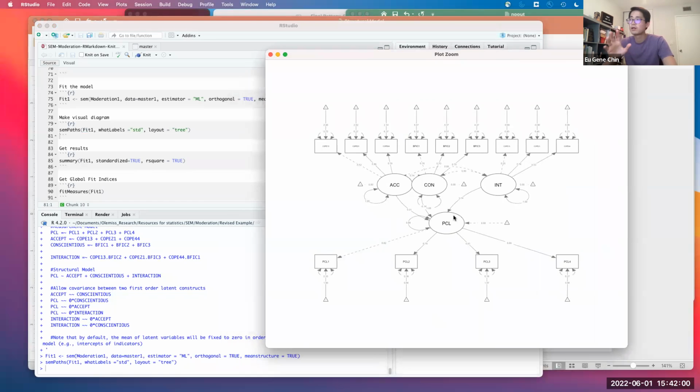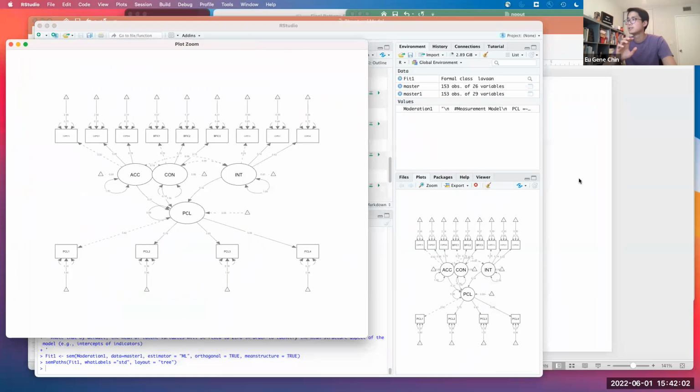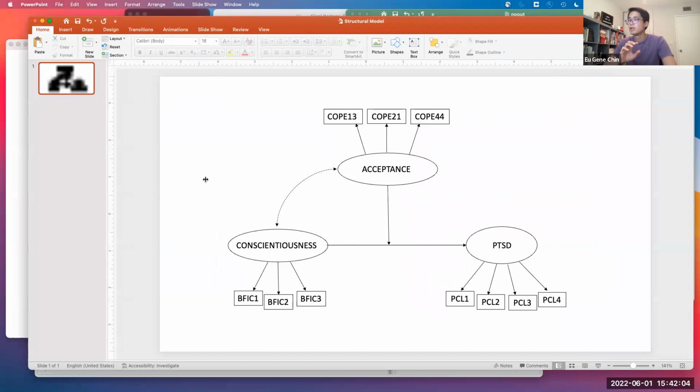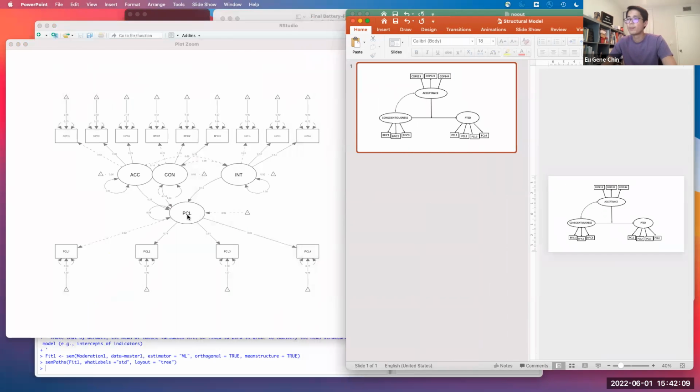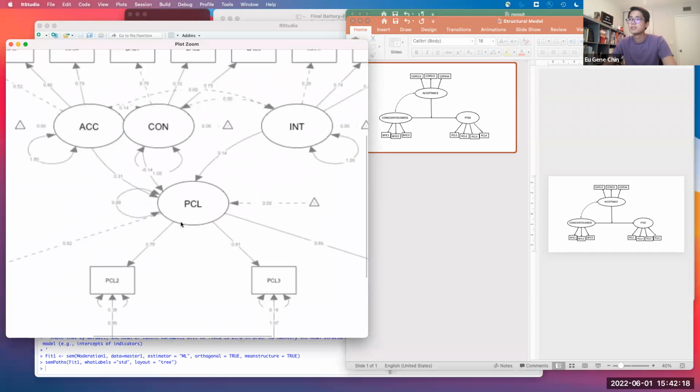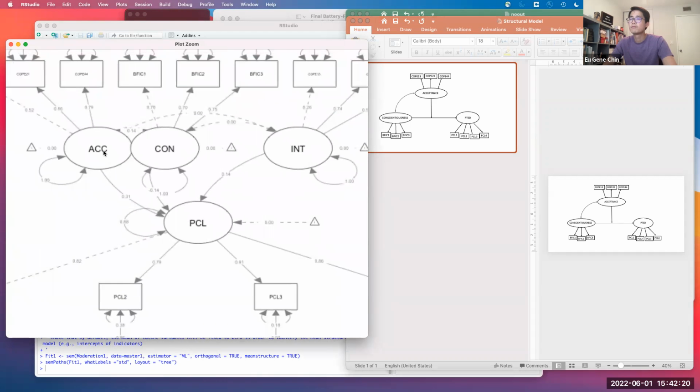Enough so that we can actually see what the arrows are. Because PCL is the outcome of interest over here, we want unidirectional arrows from your latent predictors to your outcome of interest. So we have one arrow over here from acceptance to PCL, another unidirectional arrow from conscientiousness to PCL, and then the interaction term that you just created should be a unidirectional arrow as well.